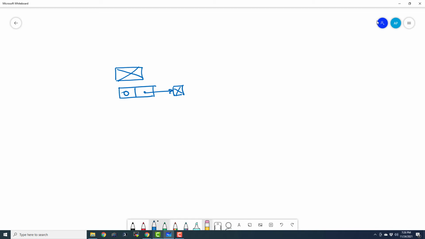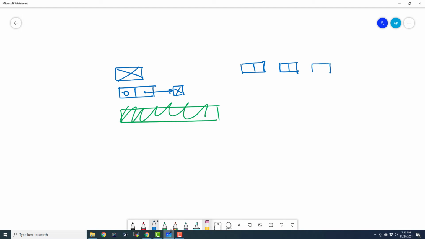And now we can actually have a bit bigger linked list like this. Sorry, linked lists don't work like that. So let me erase it. Bigger linked list means more nodes. Sorry, I'm really very sorry for the mistake I have committed. So this is the first node, this is the second node, and this is the third node. So this is the same as the example that we have seen earlier. And that's it. So this is a linked list.